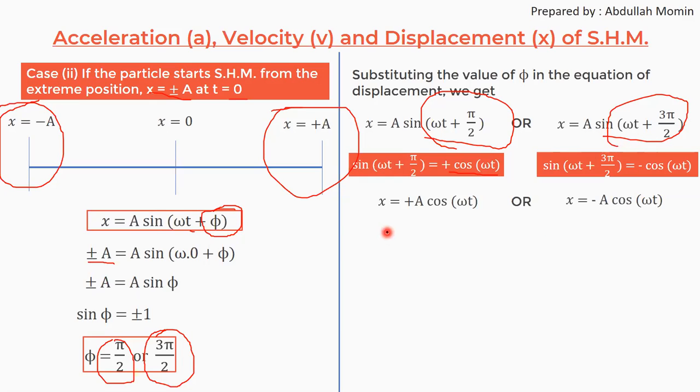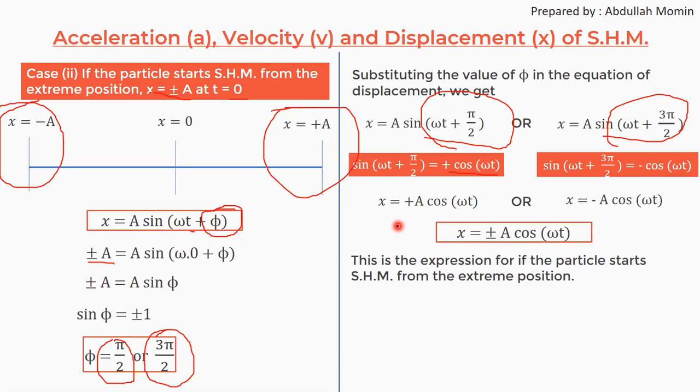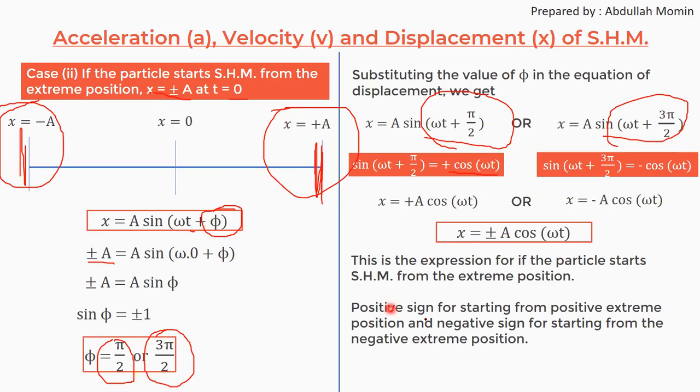So either x can be written as plus a cos omega t or minus a cos omega t, or we can write x is equal to plus minus a cos omega t. So this is the expression for the particle starts SHM from extreme position. अगर पार्टिकल एक्सट्रीम पोजिशन से स्टार्ट हो रहा है तो आप ये इक्वेशन पुट करोगे। नाउ पॉजिटिव साइन मीन्स ये पॉजिटिव एक्सट्रीम पोजीशन से, राइट साइड वाले एक्सट्रीम पोजीशन से स्टार्ट हुआ है। निगेटिव साइन मतलब आप पार्टिकल की पोजीशन थी निगेटिव एक्सट्रीम पोजीशन।